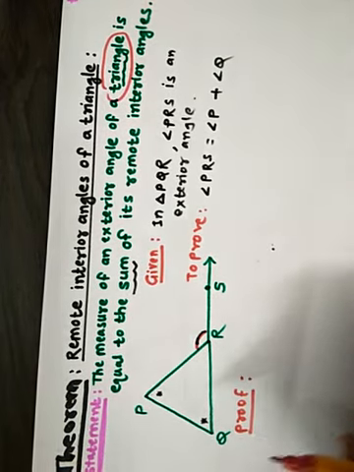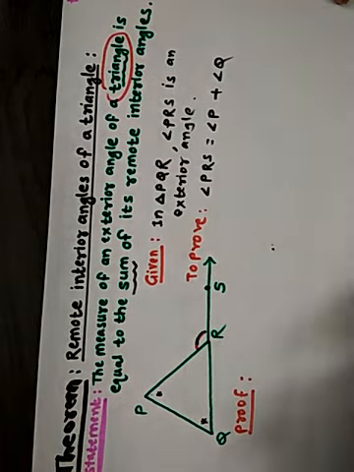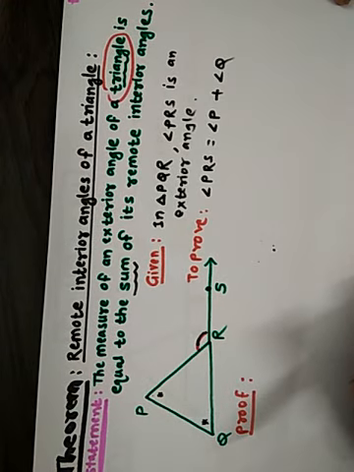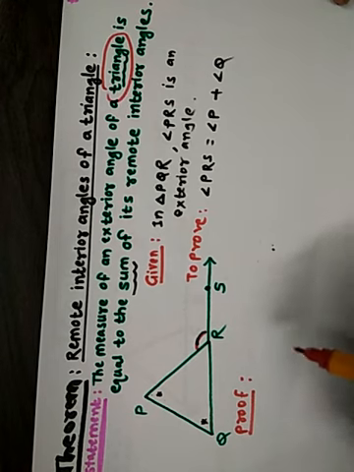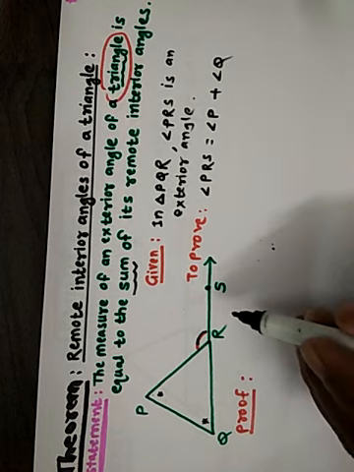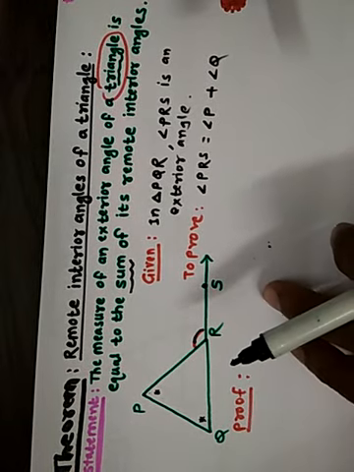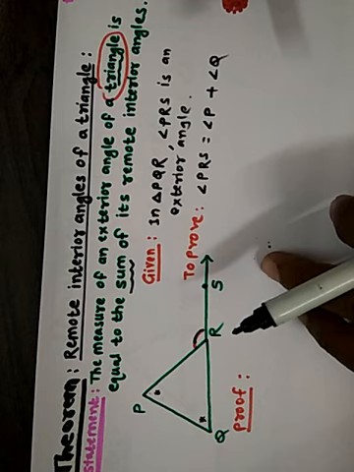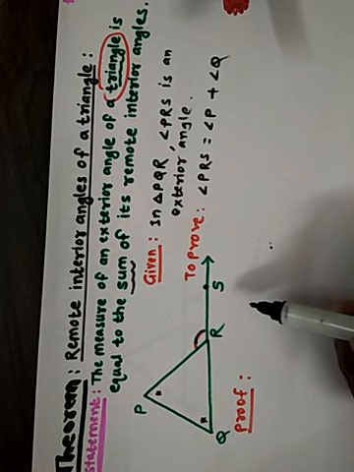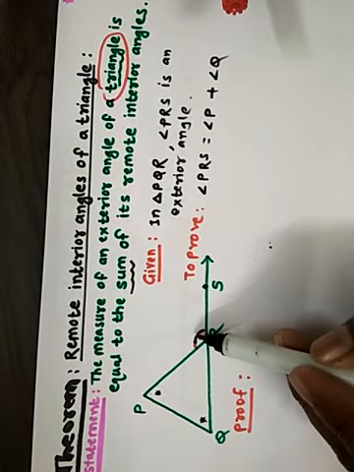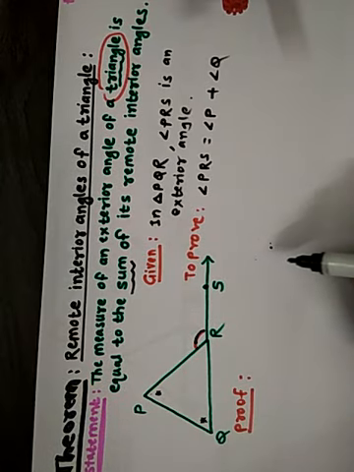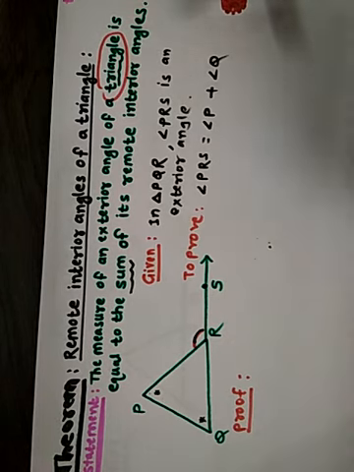To prove any theorem or any property, we use the previous corollaries or axioms or some statements of the theorem. To remember any theorem, we have to remember which property is used to prove it. In this theorem, we use the last property of the triangle: the sum of measures of angles of a triangle is 180 degrees, and the linear pair axiom, which means the sum of the linear pair is equal to 180. These two properties are used to prove this theorem.